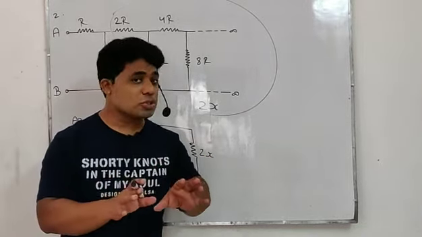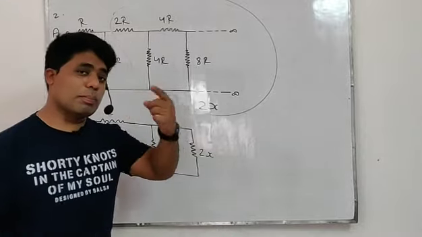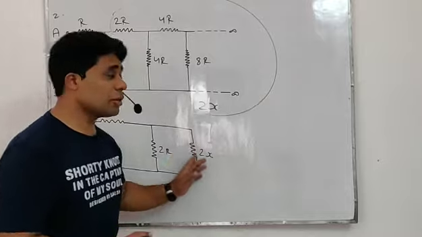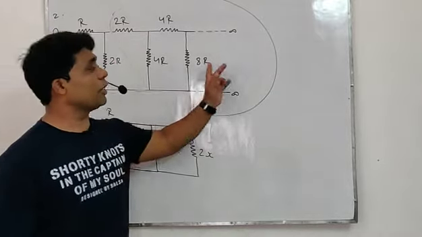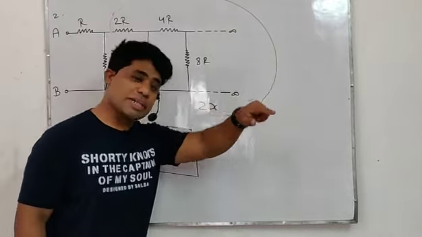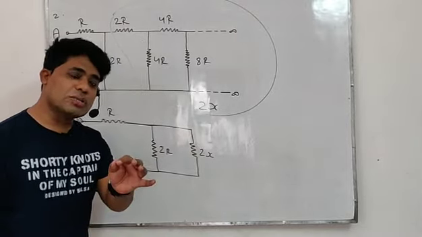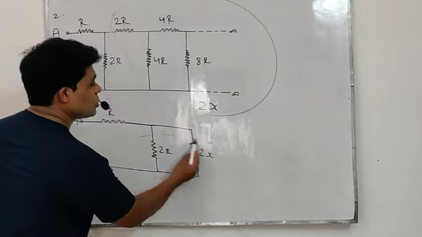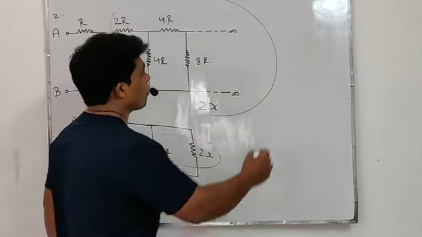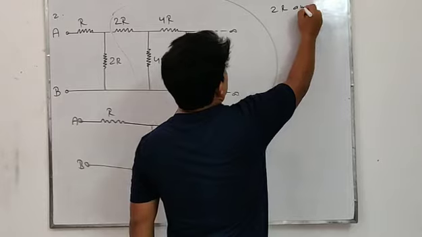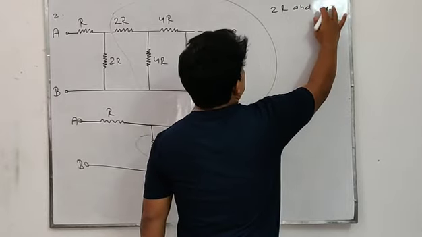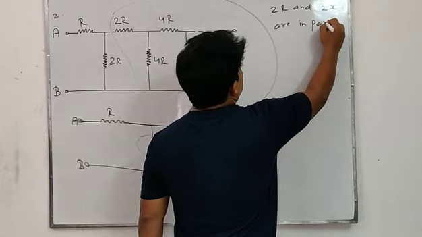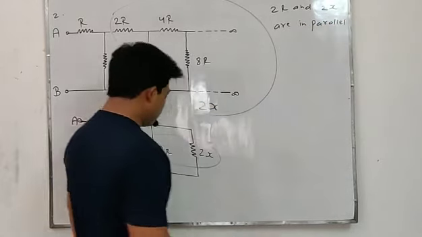Two questions, one solution. The previous one we are having only 2r, 2r, 2r same. That's why we assume only x. But this time it becomes double, 2r, 4r, 8r, 16r, 32r. That's why we assume as 2x. That is only the change that we did. Now since same, these two are in parallel. Okay. 2r and 2x are in parallel combination because that having different current.